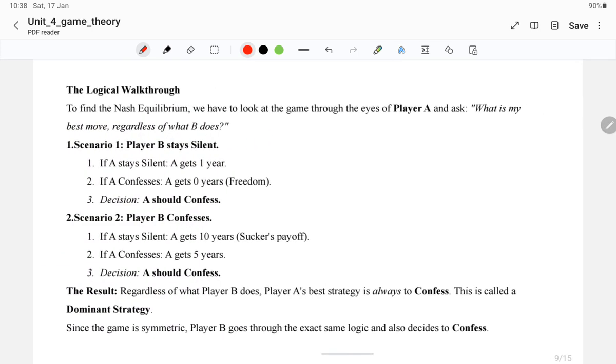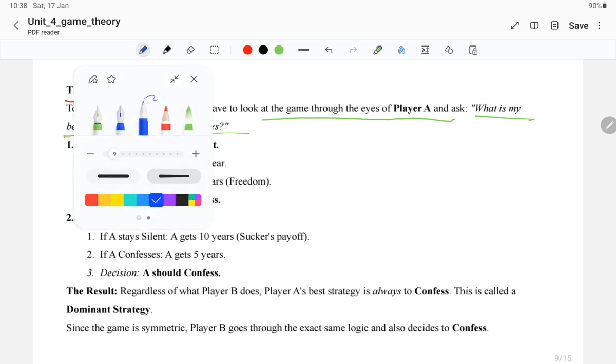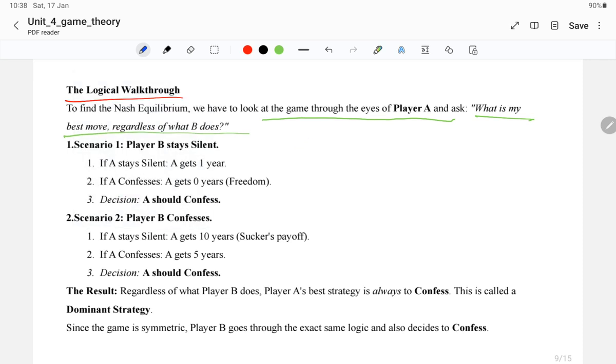So what is this logical walkthrough? This is important that we have to understand here, right? To find the Nash equilibrium, we have to look at the game through the eyes of player A and ask, what is my best move? So what is my best move? In scenario one,